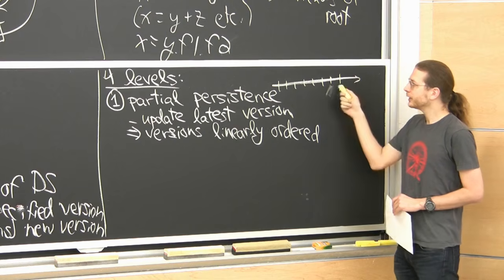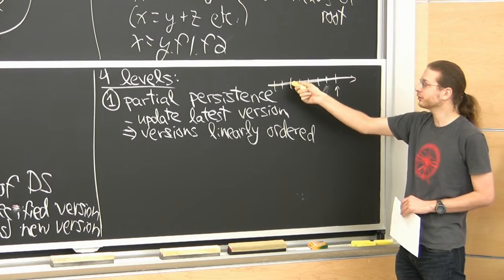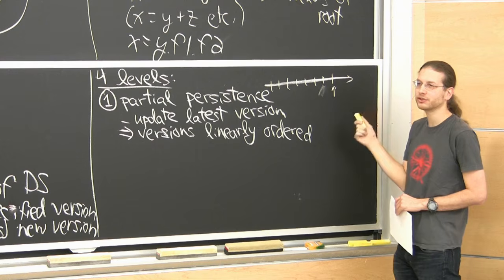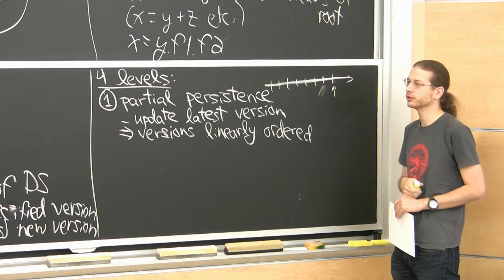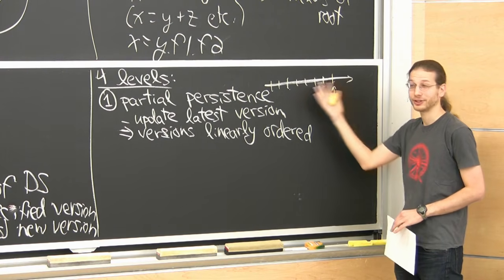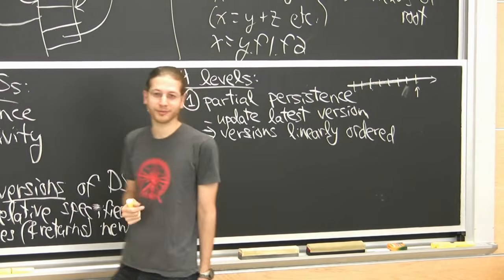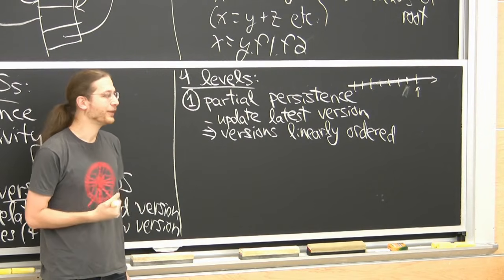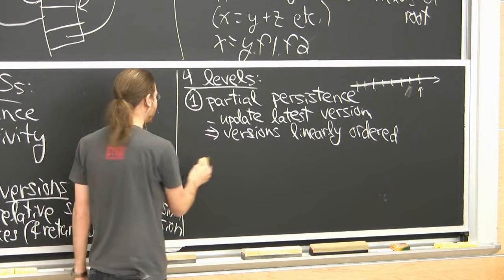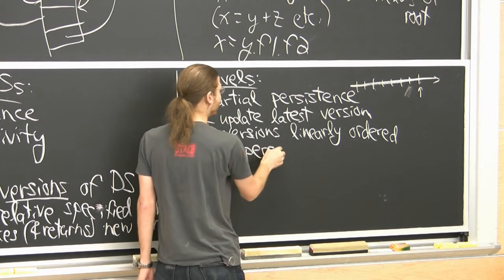What this allows is looking back at the past to an old version and querying that version. So you can still ask questions about the old version. You want to be able to do a search in any of these data structures, but you can't change them. You can only change the most recent version. So that's nice. It's kind of like Time Machine on Mac, I guess. It's like if you've ever seen the movie Deja Vu, which is not very common, but it's a good time travel movie. In the first half of the movie, all they can do is look back at the past. Later, they discover that actually they have a full persistence model. Takes a while for dramatic effect.